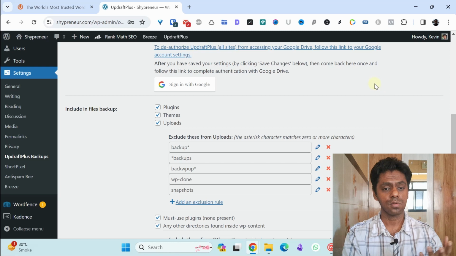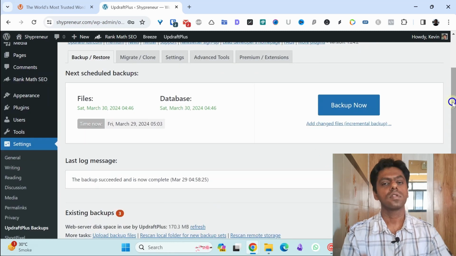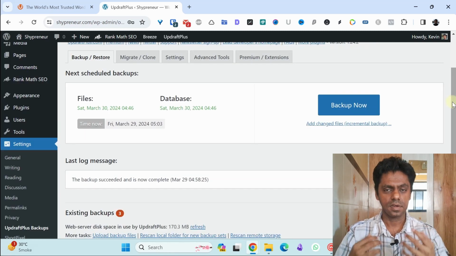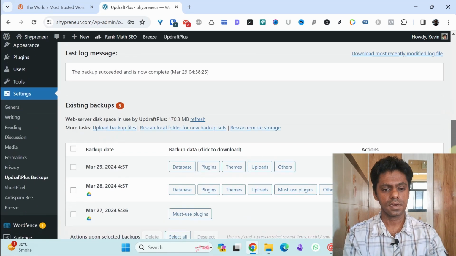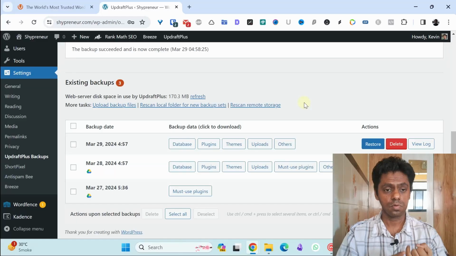The files which will be included are plugins, themes, and uploads. So now you will have copies of your backup daily, weekly, however set up in your Google Drive. You will also have the manually created backups shown over here. Now suppose you have some issues with your WordPress website, so you needed to install WordPress again, or you're creating